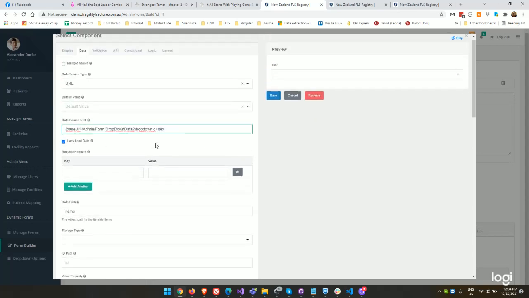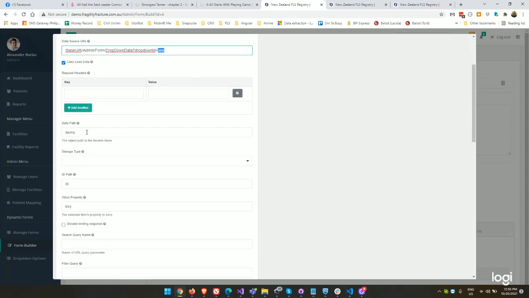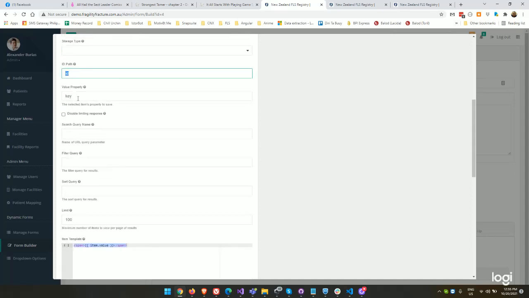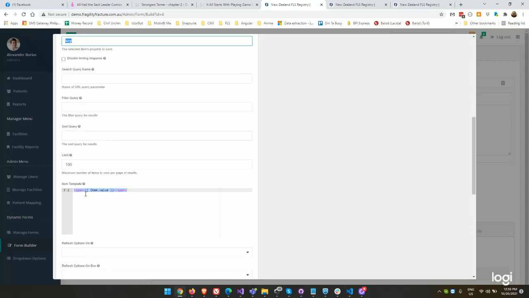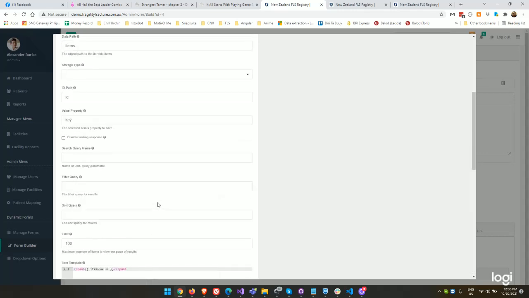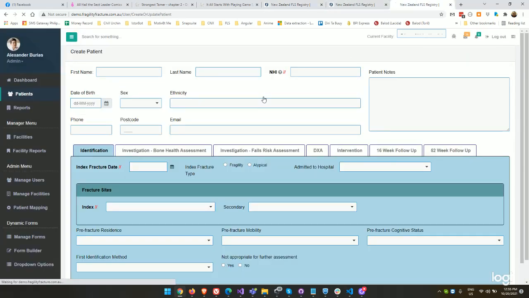The only thing that you need to change is this identifier, the data path into items, the ID is default, the value property is key, and then the template is now item.value, and then the rest should be just default. So right now this one's loading sex, and